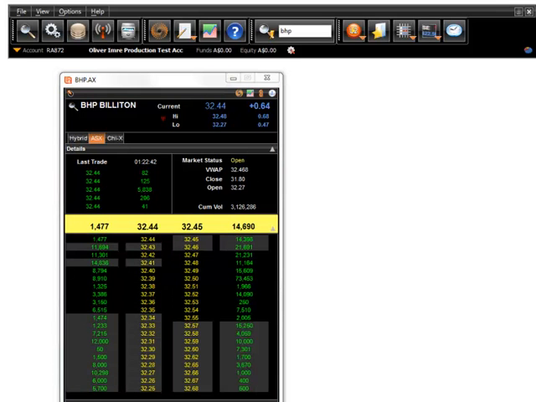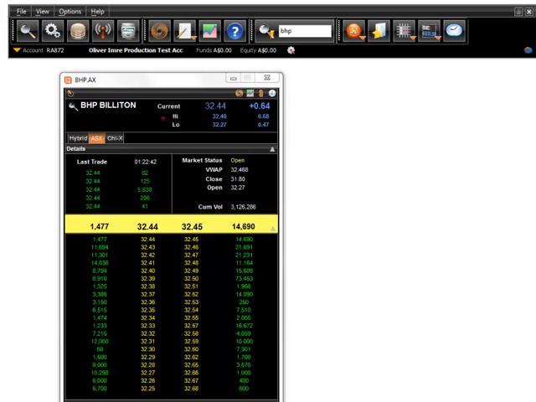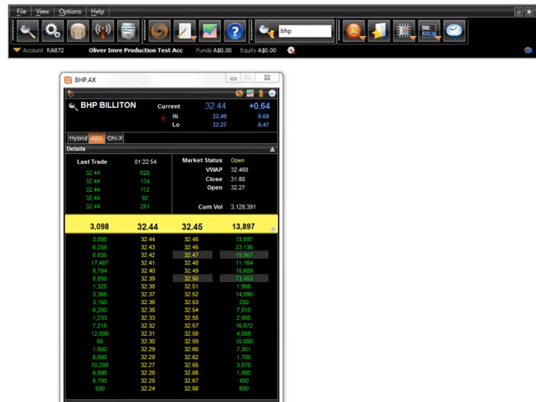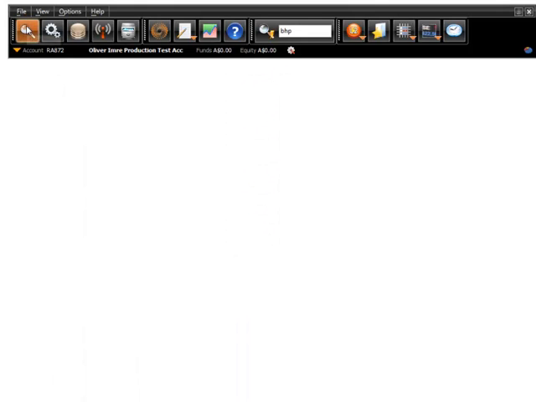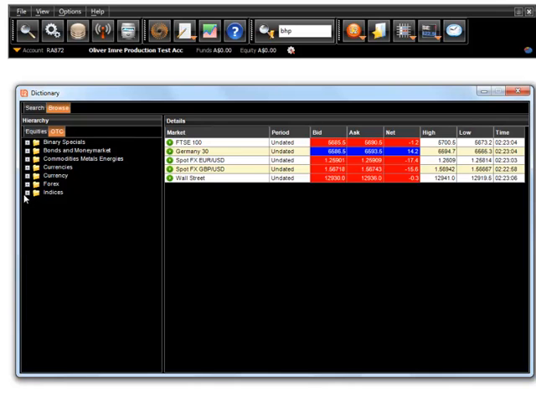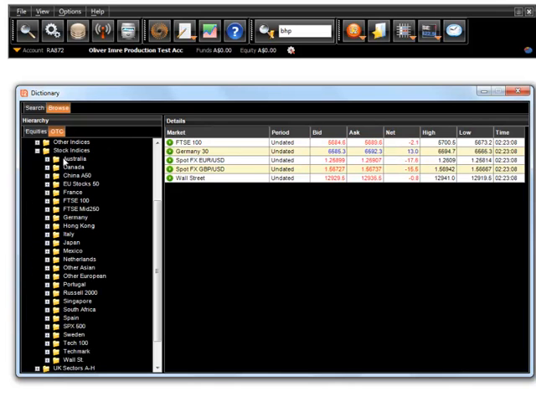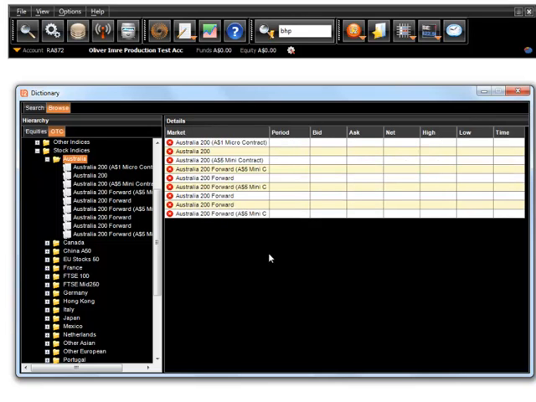Okay, so now that we know how to find the markets that are tradable, let's take a look at the actual execution process and how to do this using both the DMA, or direct market access, or over-the-counter functionalities. Let's first start with an over-the-counter market. So we'll return back to the indices folder here, and if we choose the Australian index,